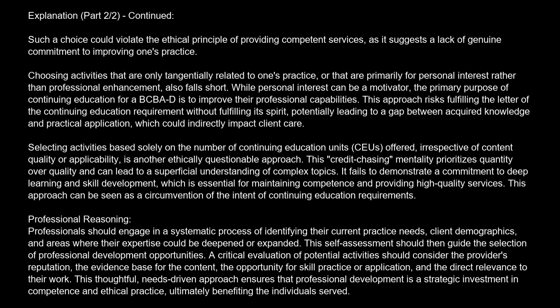Professional reasoning. Professionals should engage in a systematic process of identifying their current practice needs, client demographics, and areas where their expertise could be deepened or expanded. This self-assessment should then guide the selection of professional development opportunities. A critical evaluation of potential activities should consider the provider's reputation, the evidence base for the content, the opportunity for skill practice or application, and the direct relevance to their work. This thoughtful, needs-driven approach ensures that professional development is a strategic investment in competence and ethical practice, ultimately benefiting the